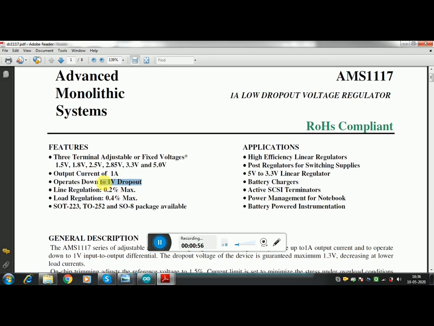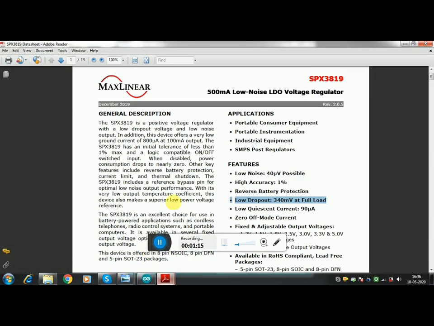So if your microcontroller needs 3.3, even when your battery is 4.3 volt, it will stop running because the voltage regulator itself is dropping 1 volt. But the good side is it gives you almost 1 ampere of output current, which SPX will not offer.